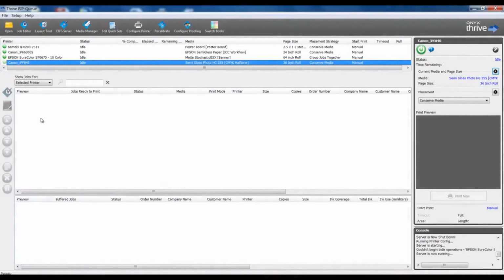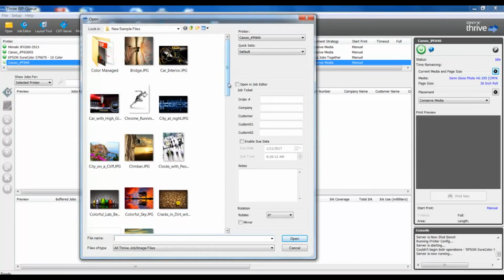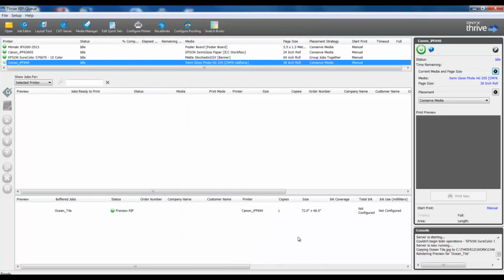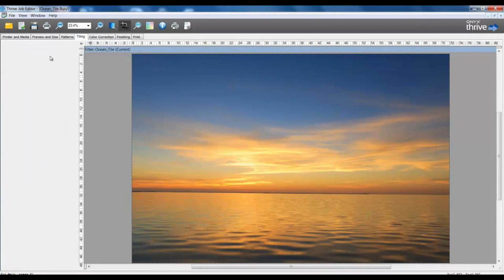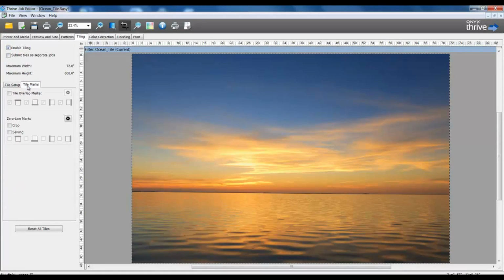In this video, we will explore new tiling features of version 12.1. I will start by opening a file into Job Editor. Once in Job Editor, I can access the Tiling tab. To begin, I will enable tiling, and now I can see I have my Tiling Setup tab and my Tiling